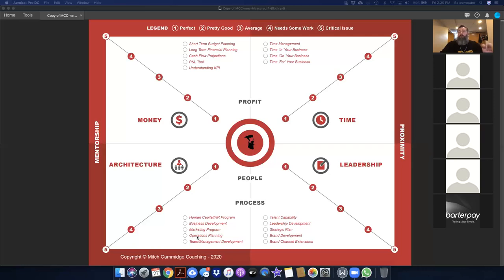So for the architecture quadrant or component, these 5 parts cover the fundamental pieces or building blocks that need to go into the actual architecture or structure of the business itself. Last but not least, we come into the leadership component, where we want to understand talent, the things that people are good at when they wake up first thing in the morning.